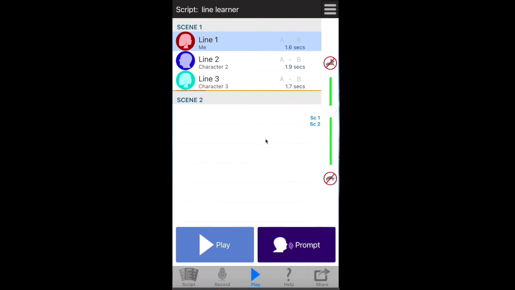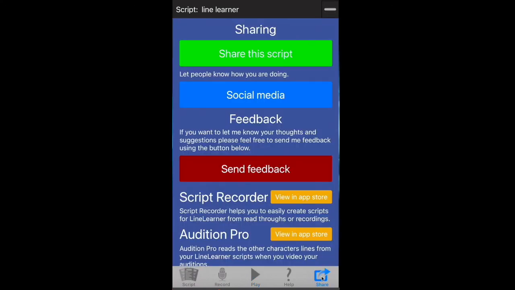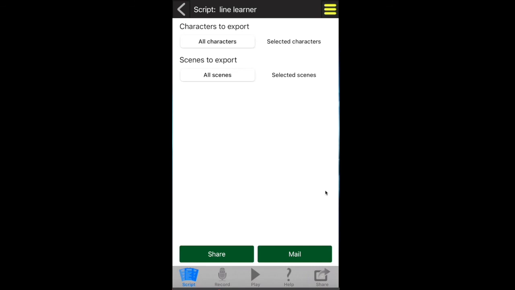And finally, when you're finished, you can always share this. So come down here, click on share, and you can click share this script, and you can also share all the characters. You can select characters, you can share all the scenes or selected scenes. Share, mail,